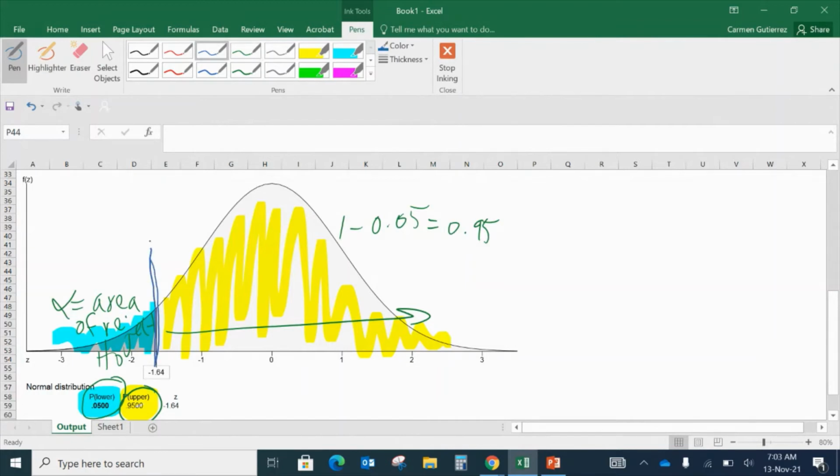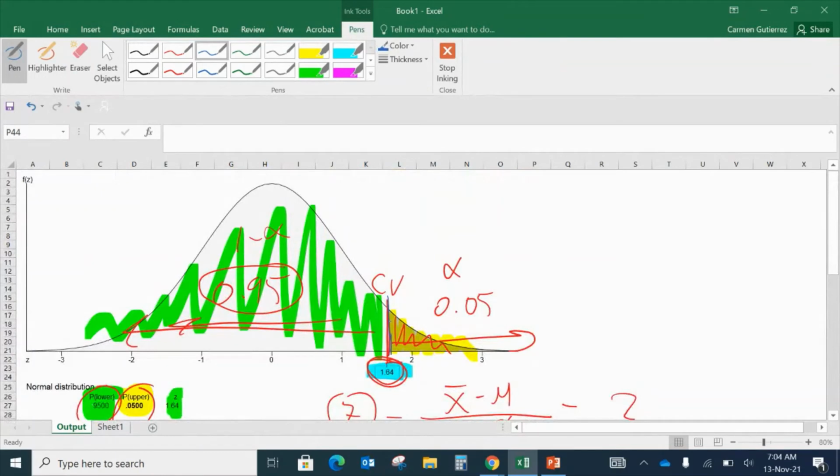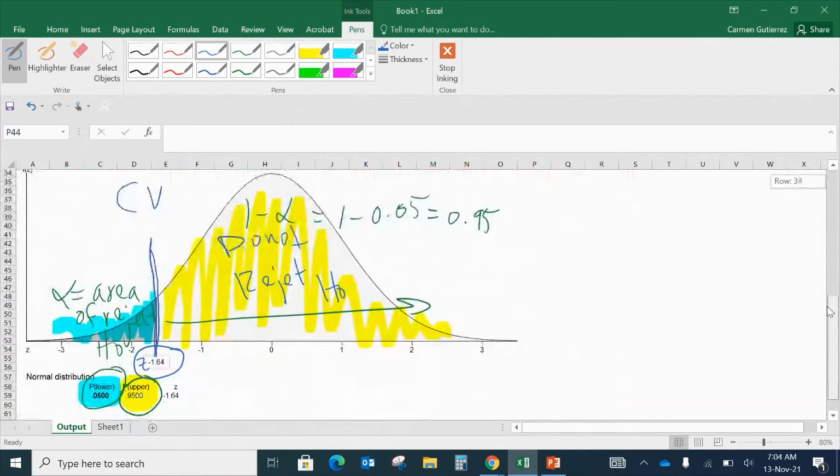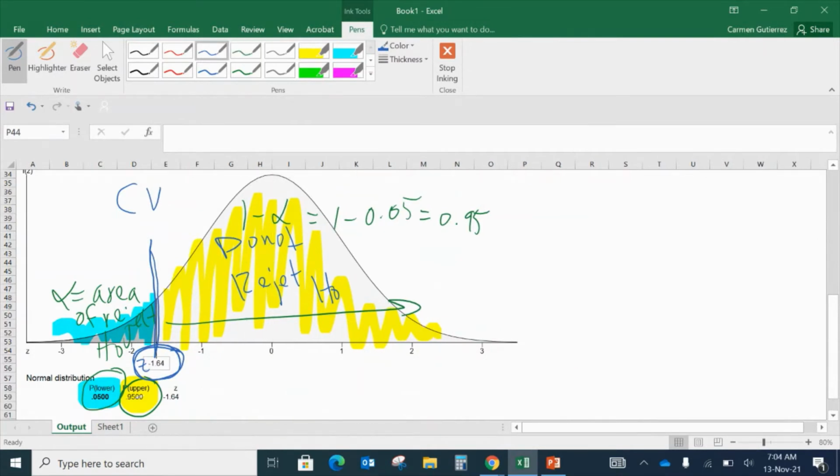And the critical value that separates this rejection area from the do not reject H0 area is a line, a Z of negative 1.64. The exercise above was in the upper tail, and therefore it was a positive number. And when you're testing the lower tail, you should be getting critical values that are negative, because the Z from the middle,